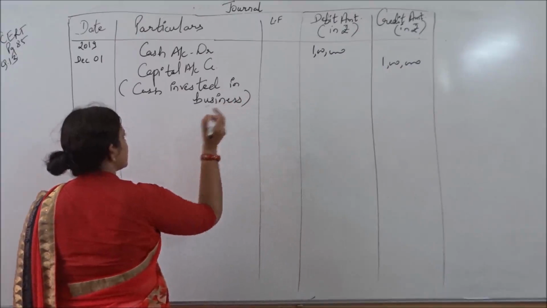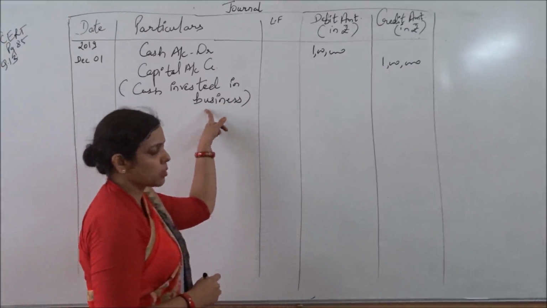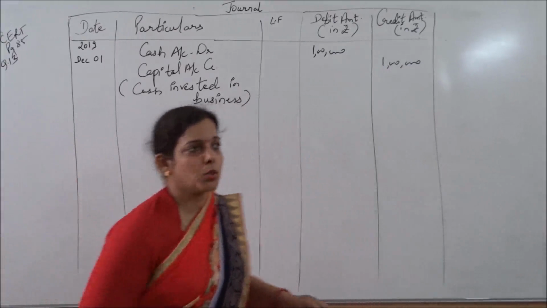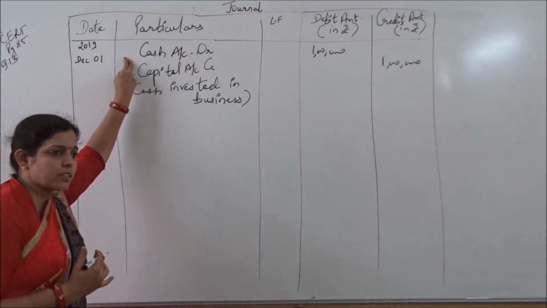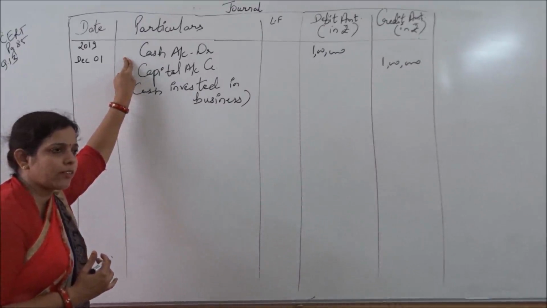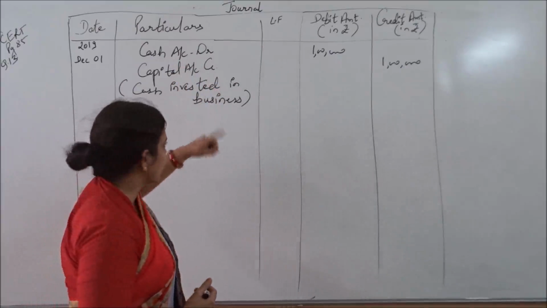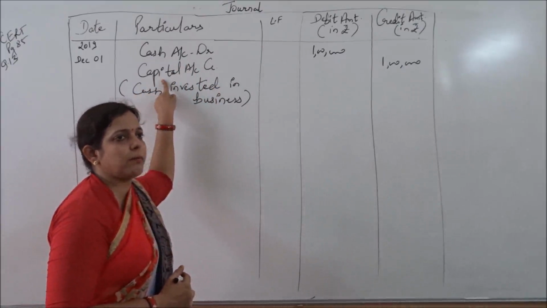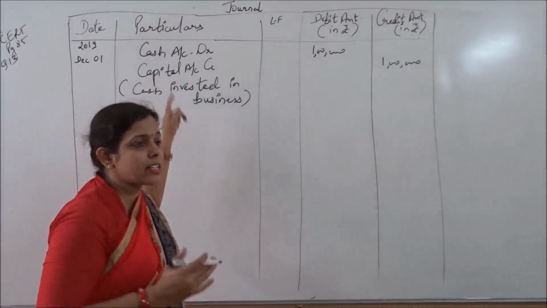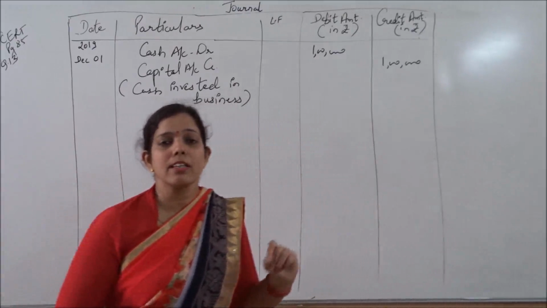Cash invested in business along with the narration. What reason is writing? That is known as narration. Now as you know, business started with cash. What comes in the business as per the nominal rule? Whatever is coming in is always debit. Cash is coming in. Second thing, on the other hand, liability, the biggest liability of the business, that is capital, is increased. Yes, my question to you is why capital is a liability?